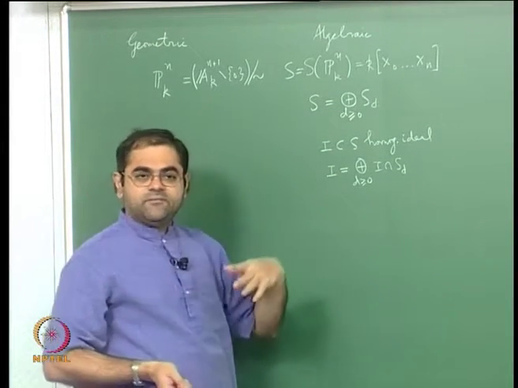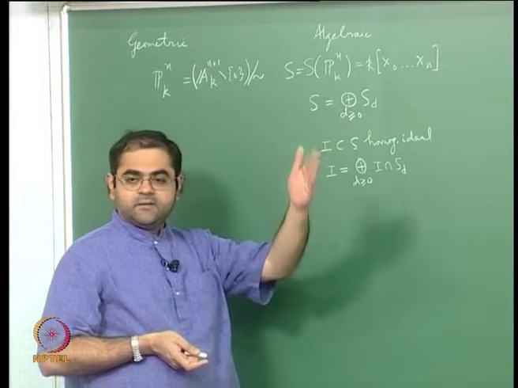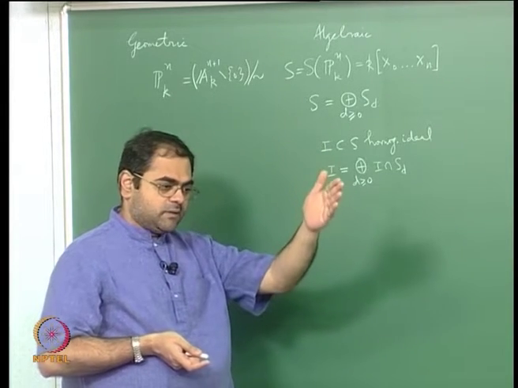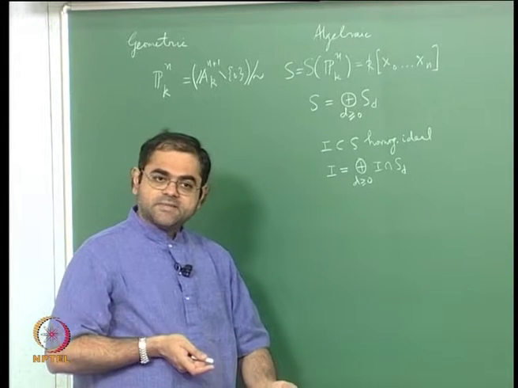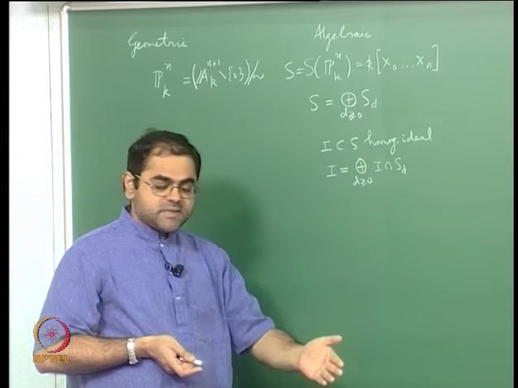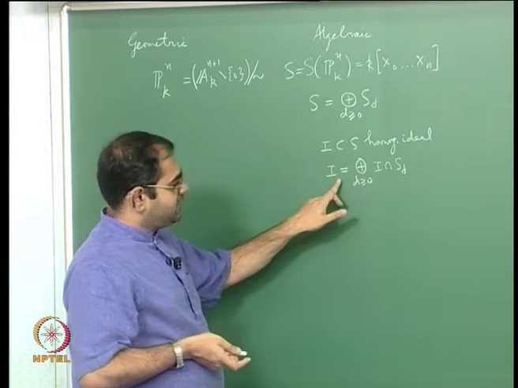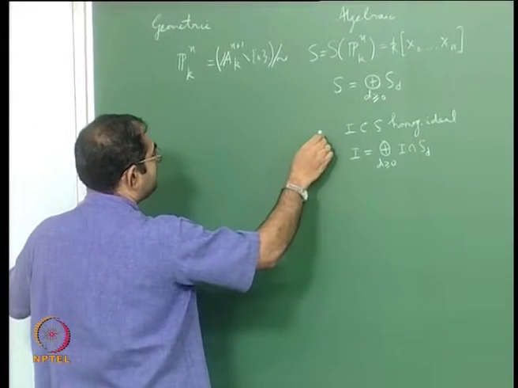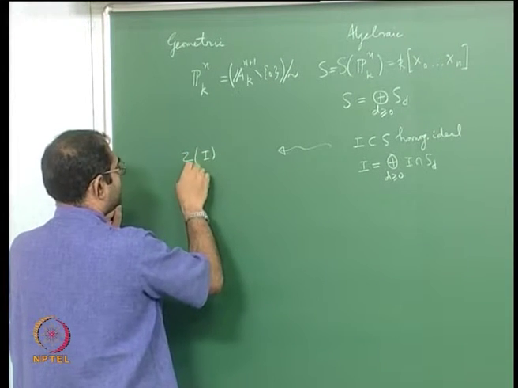We saw this as a geometric condition for a polynomial to vanish on a line passing through the origin. It is necessary that the polynomial has no constant term, that is its constant term is 0, and every degree d piece, every homogeneous piece of the polynomial, should also vanish on that line. That is exactly this homogeneity condition. So once you have a homogeneous ideal, then you can define the zero set of this ideal in the projective space,